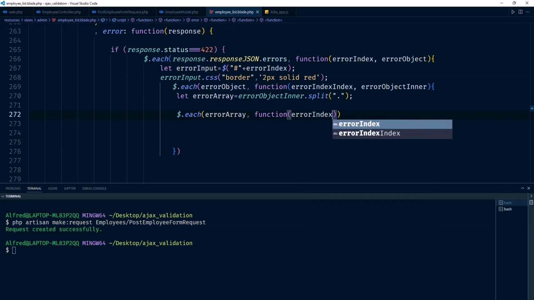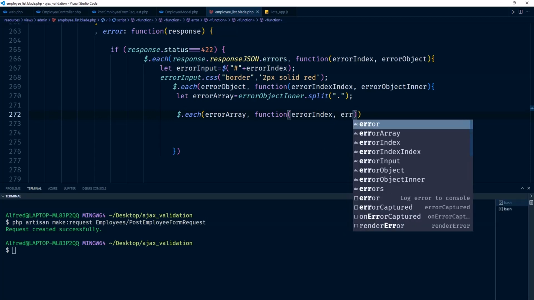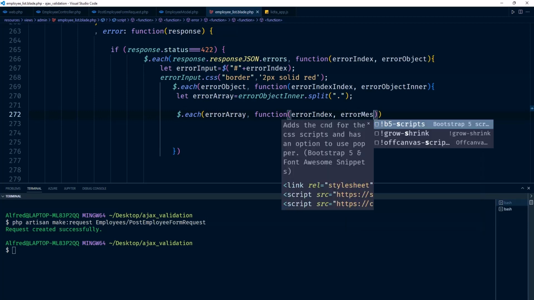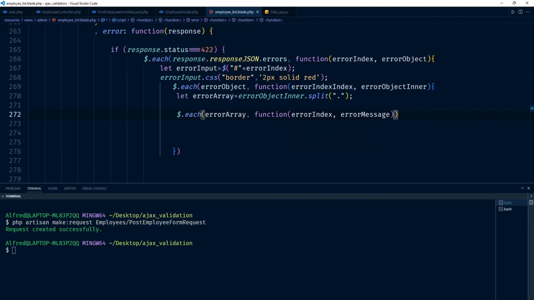Now we are in errors, and this is going to be the error index. And now we have the error itself, or the error message itself. So I'm going to say error message like that. And inside this function block here, I'm going to say